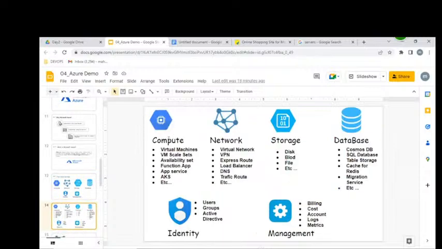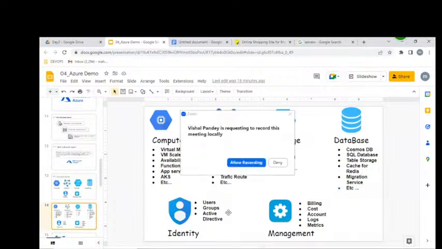Under computing power, these are the major services we are going to cover. Under networking, these are the major services, and storage, and database, and identity access management. These are the major ones, but the complete detail we are going to give in the content. We have the Azure content, and if you see that, it is in detail.